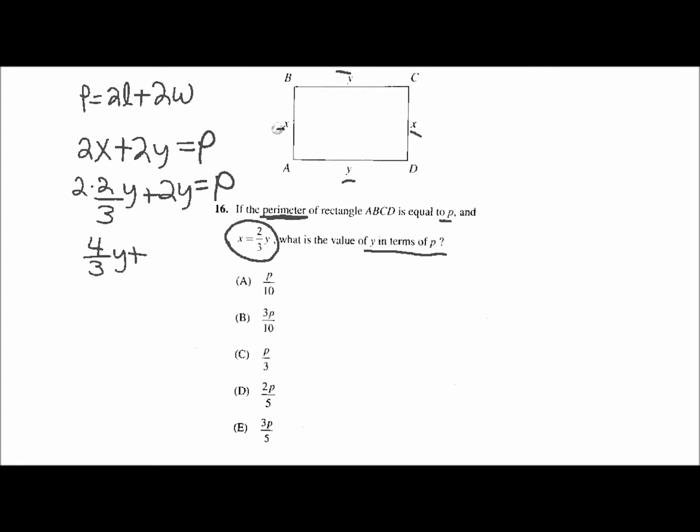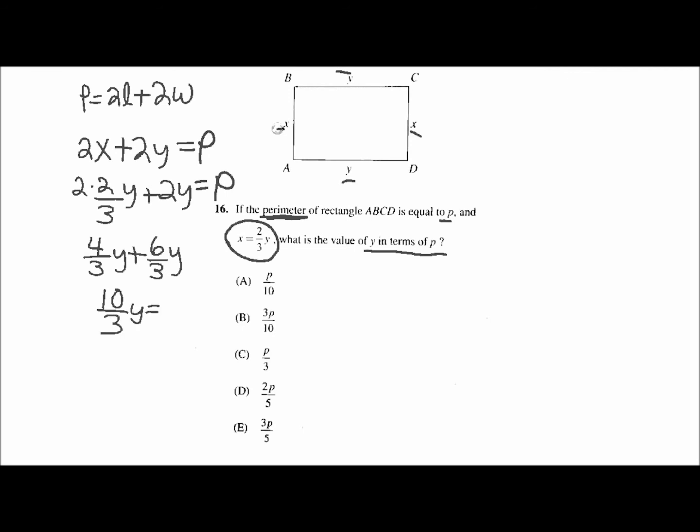And I could just go ahead and put 2y here, but I'm going to make it easier for me. I want it in thirds since this is thirds over here. So I'm just going to make 2 6/3 instead of just writing it 2, because 3 goes into 6 2 times, and make that y. And now I can add these 2 fractions together. 4 plus 6 is going to be 10/3 y